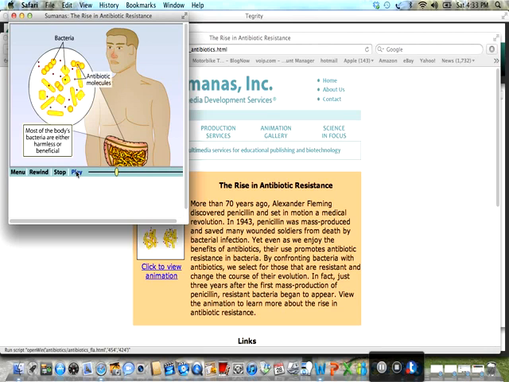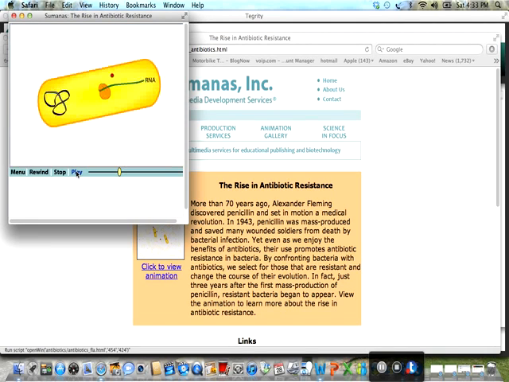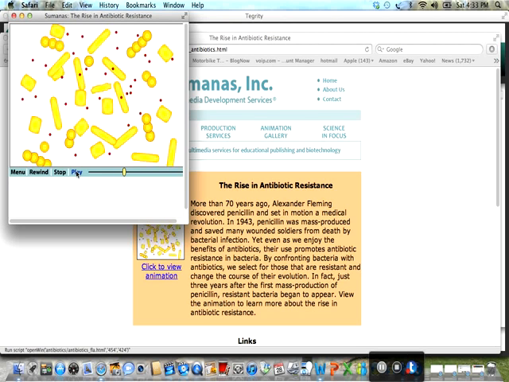If the person has never taken this particular antibiotic before, then most of the bacteria would probably be susceptible to it. Antibiotics work by a variety of mechanisms. Tetracycline, for example, binds to ribosomes in bacteria and jams the production of proteins. From lack of protein production, a bacterium dies.